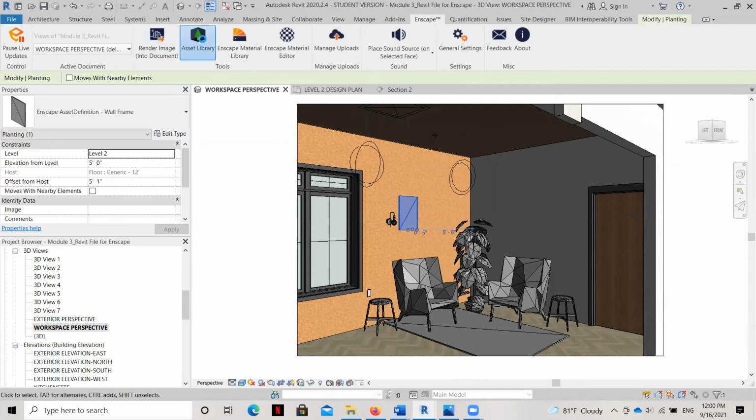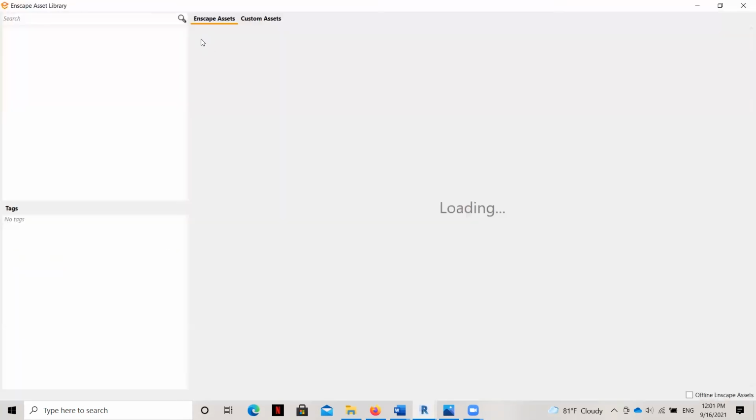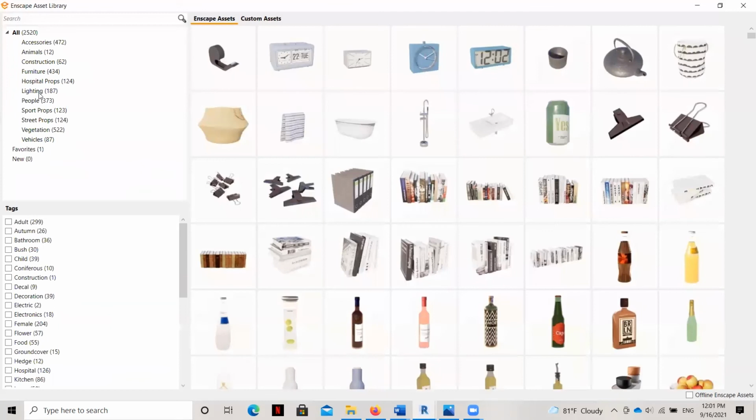So the last thing that I'm going to do is go over to lighting once again. And I'm going to grab a pendant light.